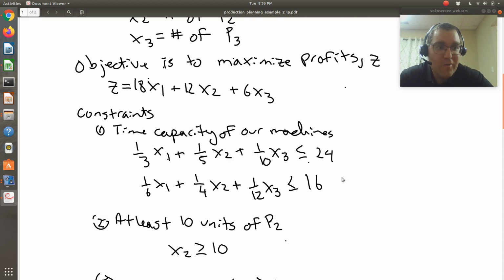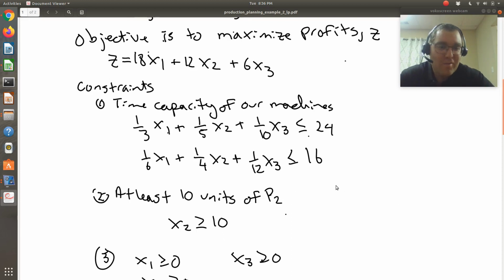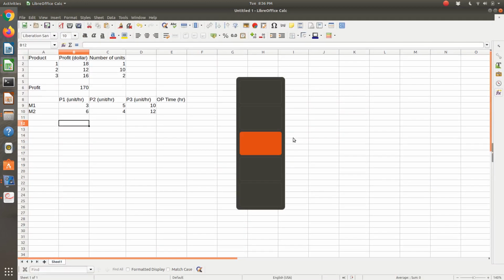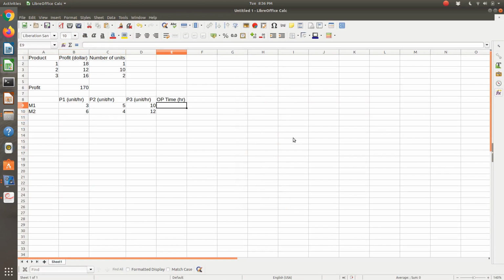I'm getting old, and so sometimes it's harder for me to remember numbers, as you'll see when I go into Solver. So it's totally up to you. Let's just bring it over to the left-hand side just to show an example, and we can show the other case as well. So the total operating time is 24 and 16. And so then I'm going to define, let's call it constraint 1 and constraint 2, which is just